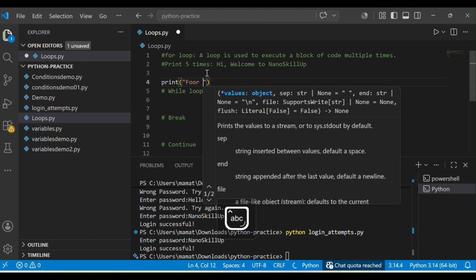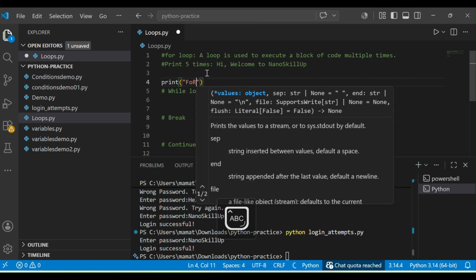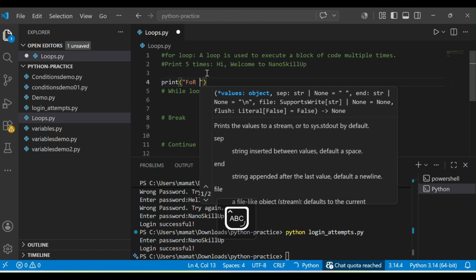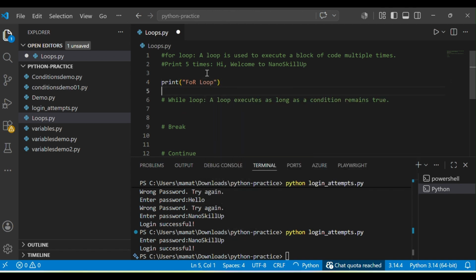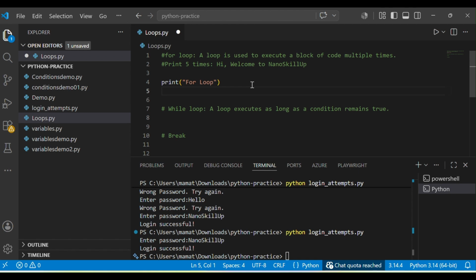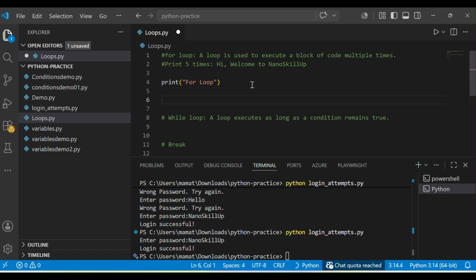I'm going to start with the for loop. Whenever we want to use the for loop, commonly we'll be using the range. When I say range, it is going to generate a sequence of numbers that we want to print in the console. Let me take an example.